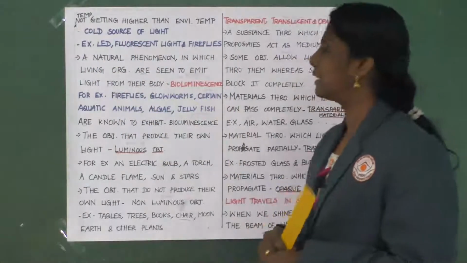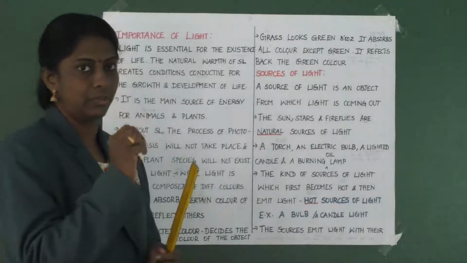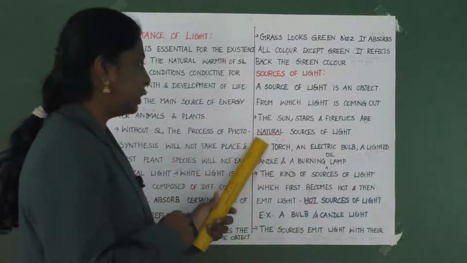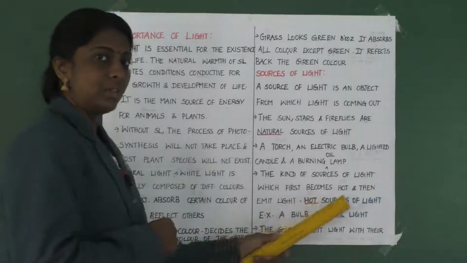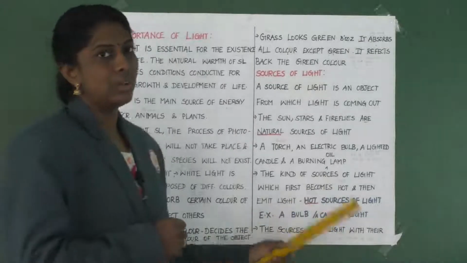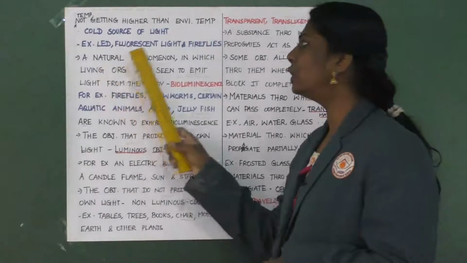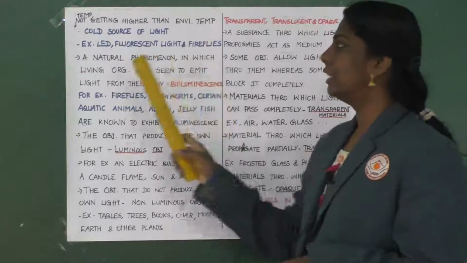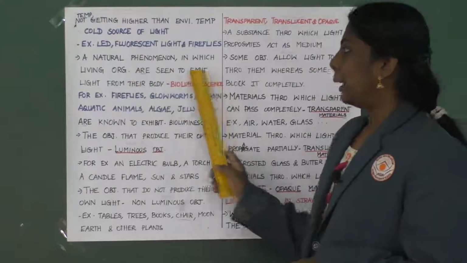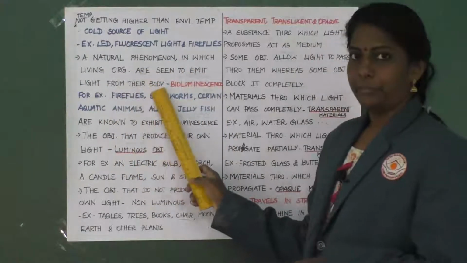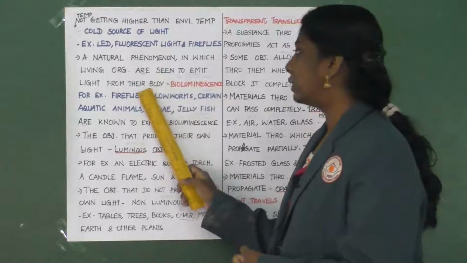Clear? Yes. So as of now we have learned four different sources of light. What are they? Natural, artificial, and then hot sources of light, and then cold sources of light. Clear, children? Then a natural phenomenon in which living organisms are seen to emit light from their body is said to be